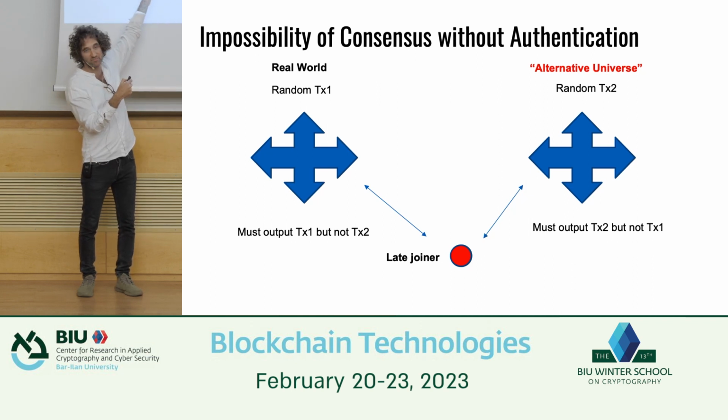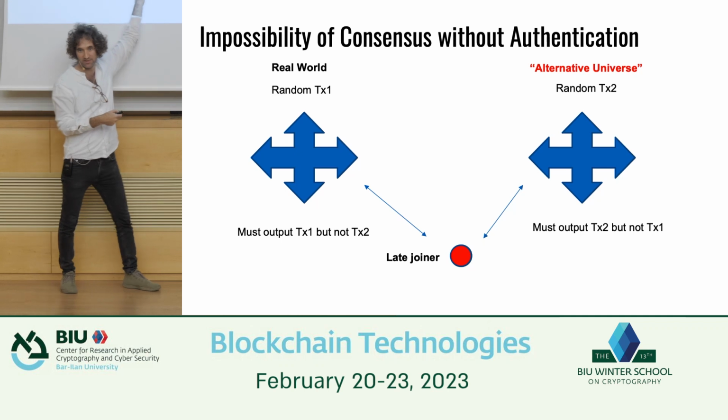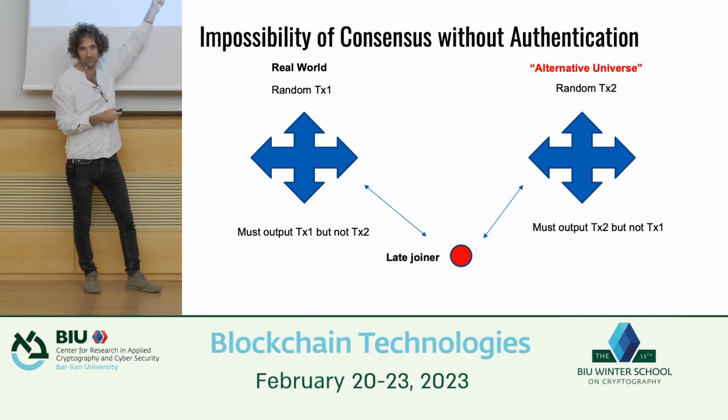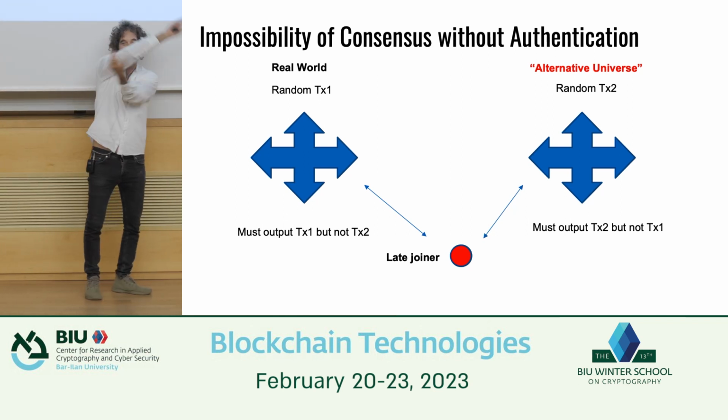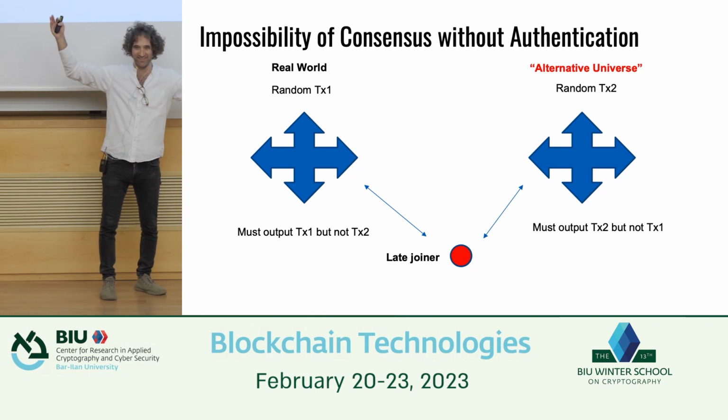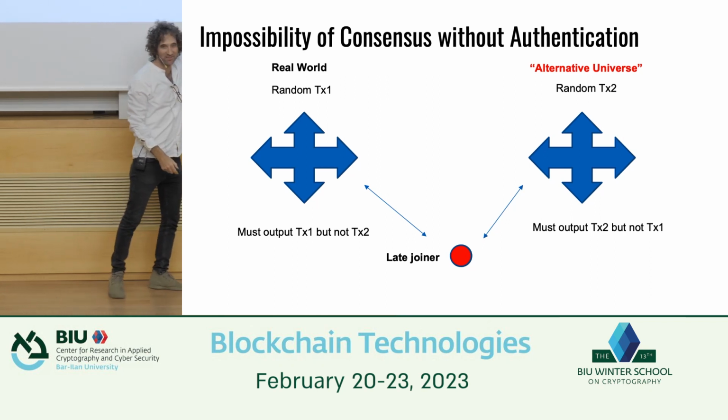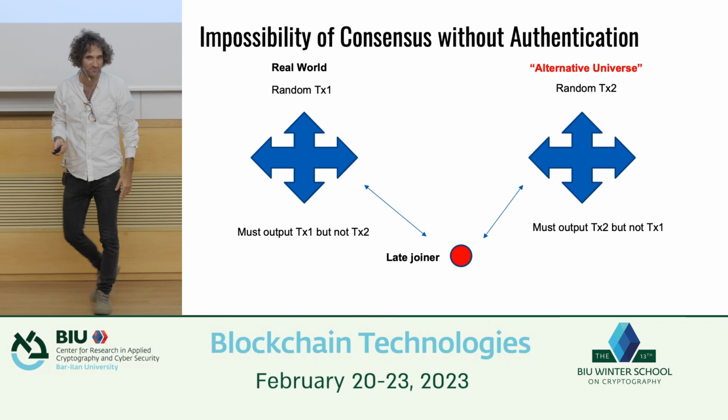Now, what I claim is that by consistency, what he outputs needs to be the same as this. On the other hand, I could have just flipped the names of real and ideal, and therefore he should also output that. So he can't output both things.